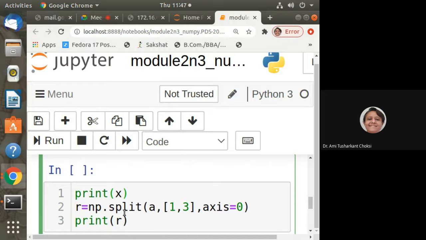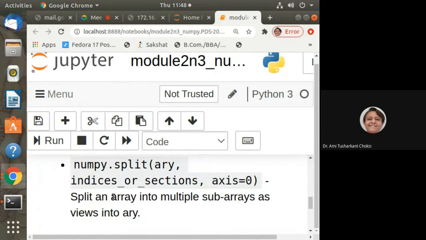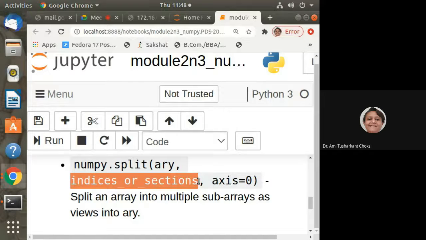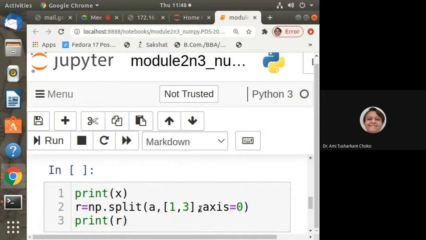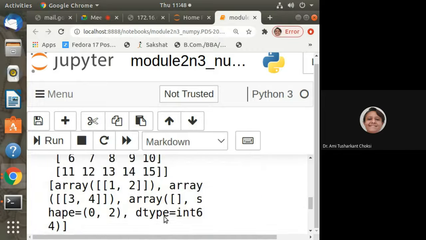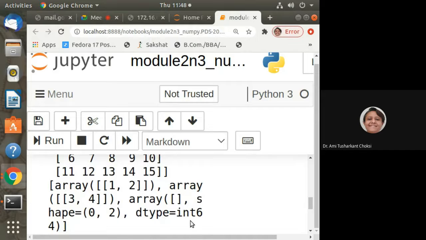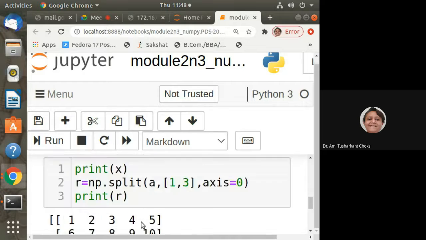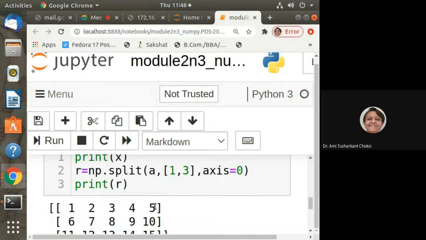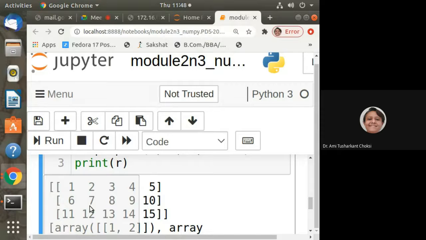X, then after NP dot split A 1, 3. What is that? Indices or sections, and axis is equal to 0. Now let us see the output. We can understand from that. What is our X? X is 1, 2, 3, 4, 5, 6, 7, 8, 9, 10, 11, 12, 13, 14, 15. This is our original.